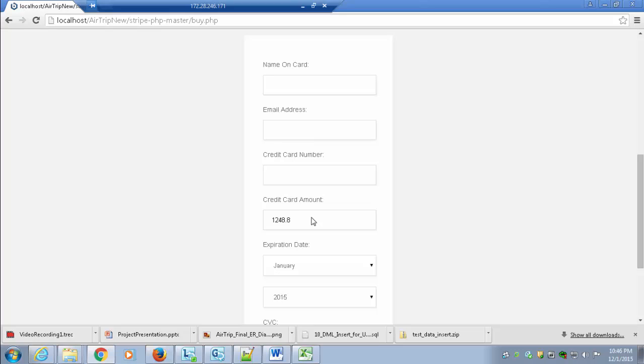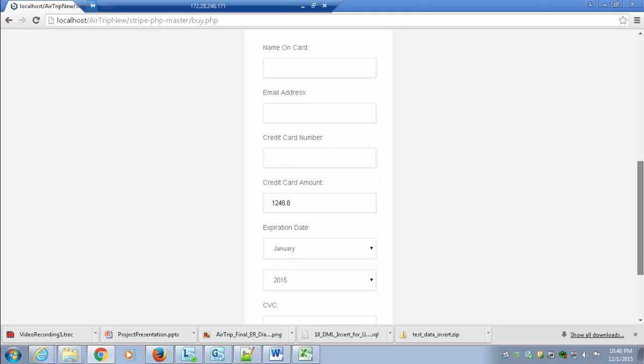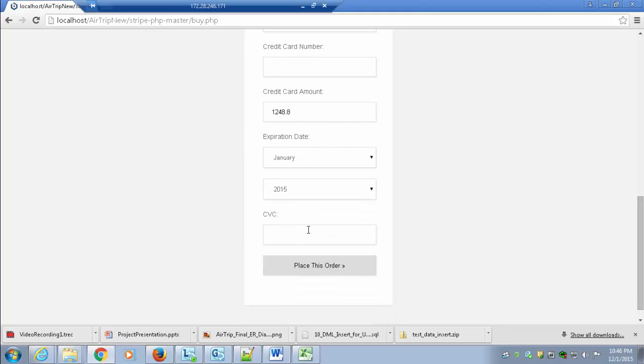So remember I had selected 2 adults, so it calculates 2. For the credit card number, the Stripe API has provided one credit card number which is provided in the user manual, and that's the assumption we would be taking. Out here CVC should not be less than 3 integers, so it would not accept 2 integers.